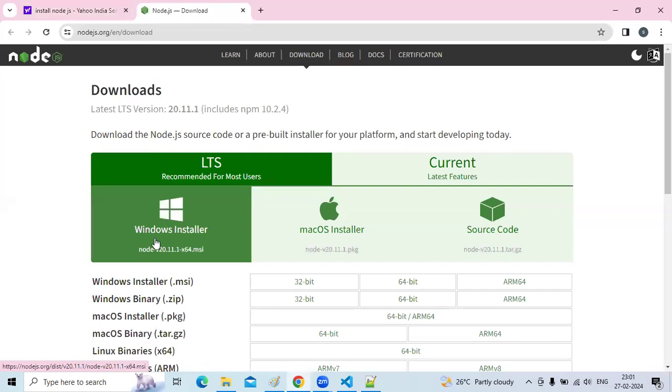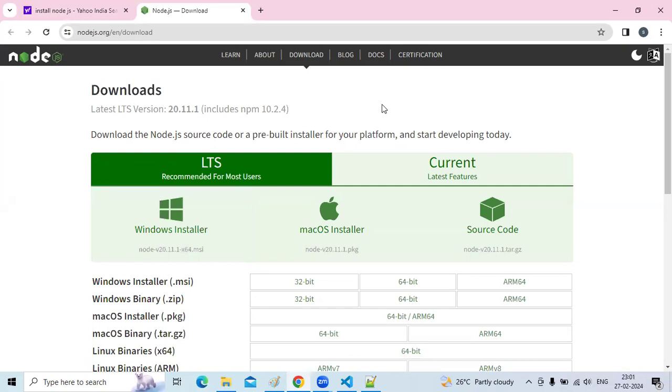I'm using Windows, that's why we have to click on this Windows installer. Then after the download, double click on the installed file, click on next, and then finally the Node.js setup will be done. If you have any doubts regarding this installation, ping me at my mail sanepallirajita1998@gmail.com.